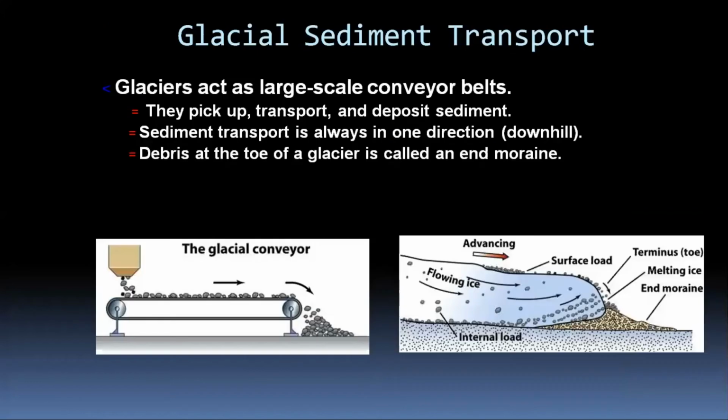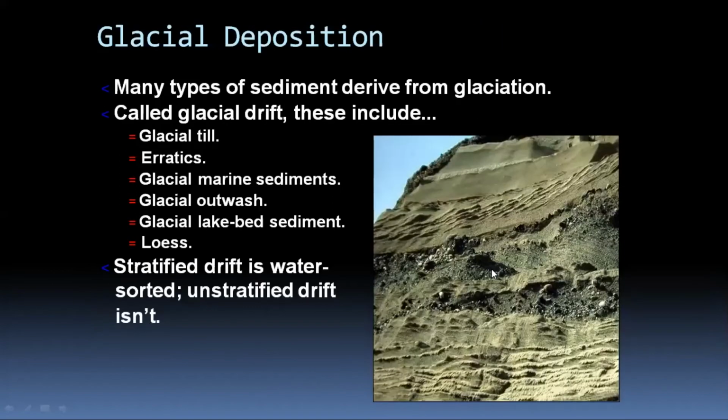We just studied glacial sediment transport, and remember the glacial transport is always in the downhill direction, and it will always be in one direction. It cannot be in two directions as in other deposits, like we will see in base deposits on the shore, like the shore face deposits. But here most of these deposits are only in one direction.